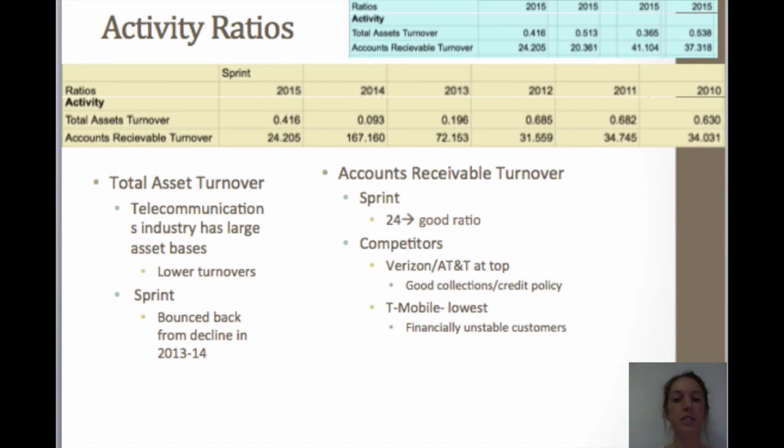The next ratios we're going to talk about are the activity ratios, starting with total assets turnover. This measures whether a firm is generating a significant volume of